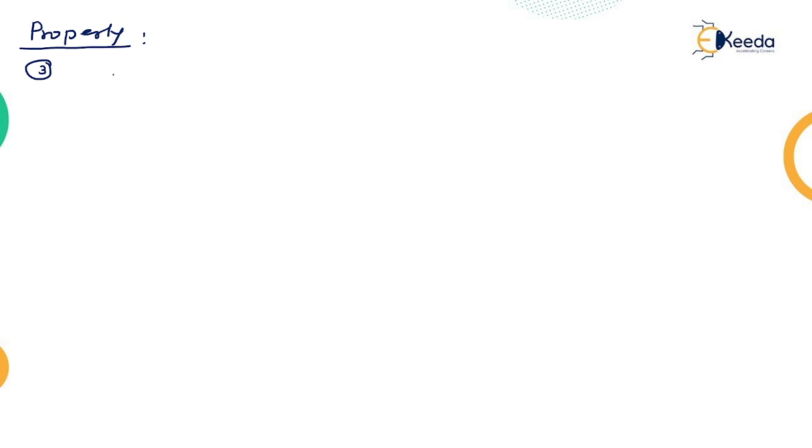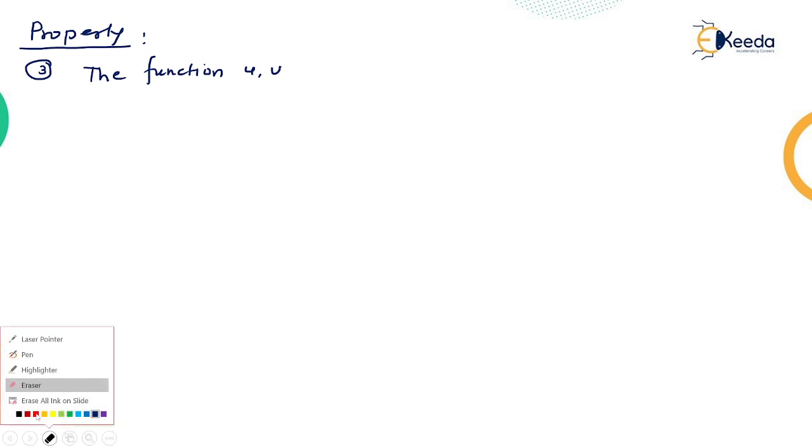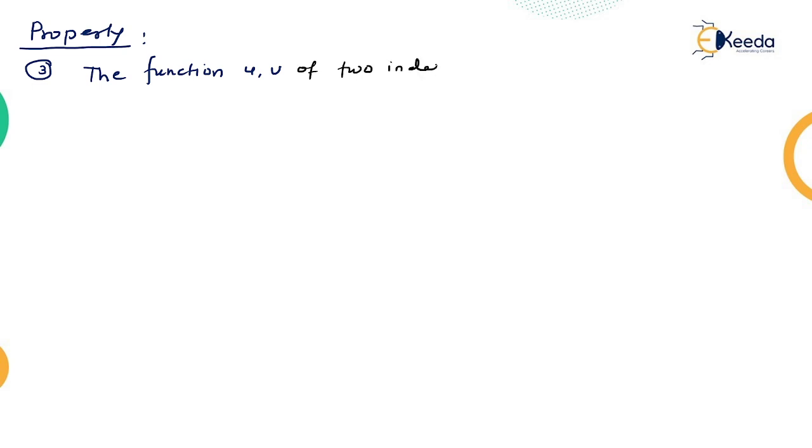The functions u, v of two independent variables x, y are functionally dependent